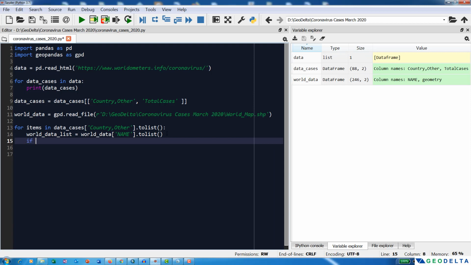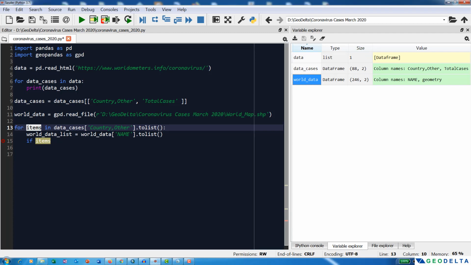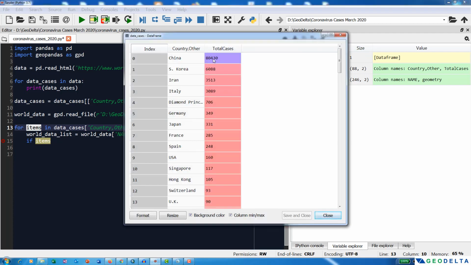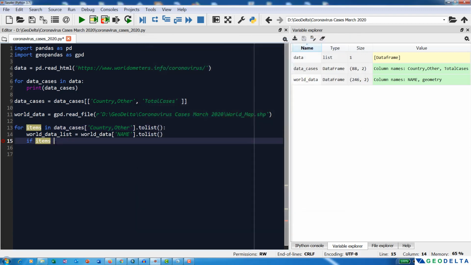So for each loop, the items, which means while it's looping through one after another, these items are actually going to change. For example, since this is looping through this country column, first the item is going to be equal to China, and in the second loop the item is going to be equal to South Korea, Iran, Italy, Diamond Princess, Germany, and so on. So what I'm saying is, if these items for each iteration are inside the world data list,